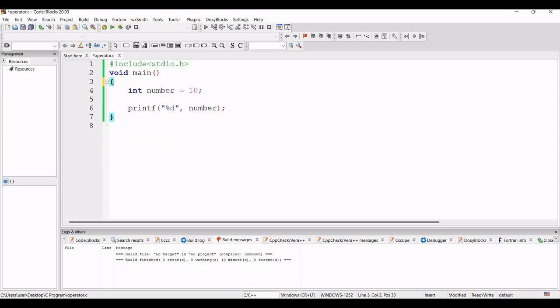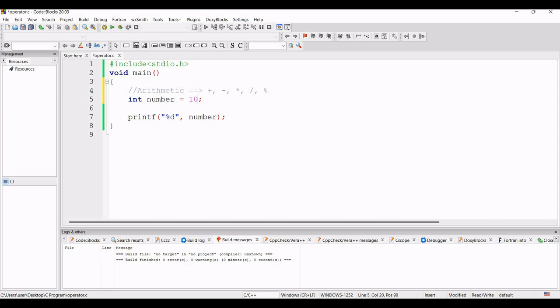First of all, I taught you the comment because here I just want to write arithmetic operation. So I will write a comment, arithmetic. So what are the arithmetic operators? Arithmetic operators are plus, minus, multiplication, division, and at the end there is modulus. So what is the function of these arithmetic operators?